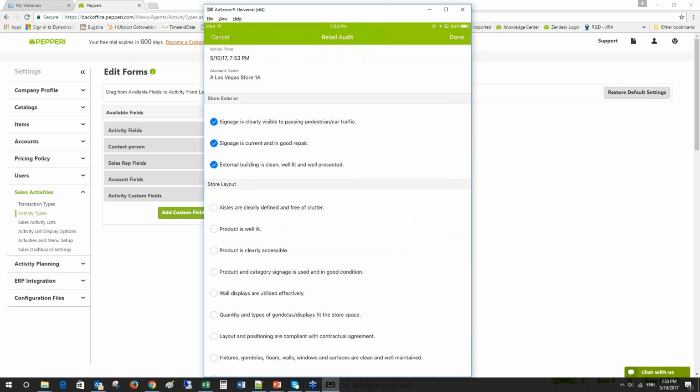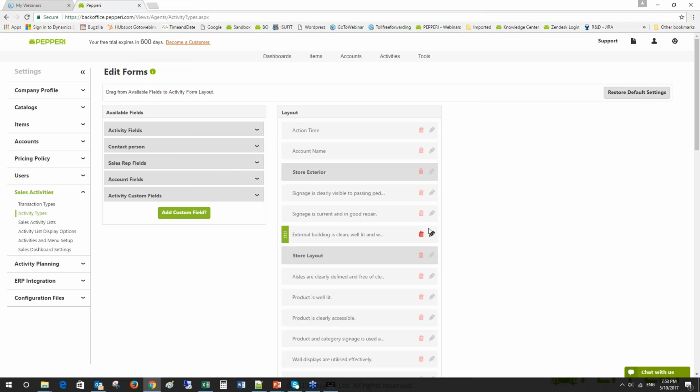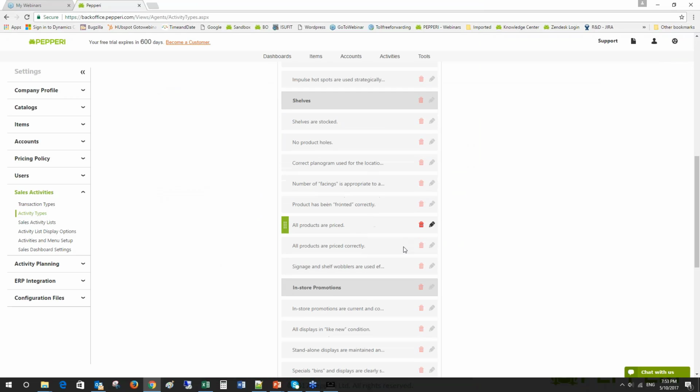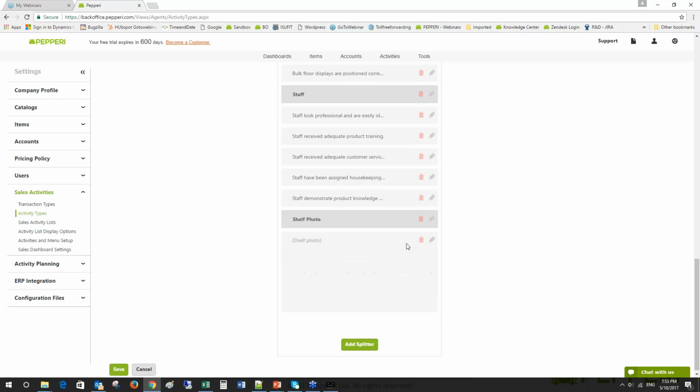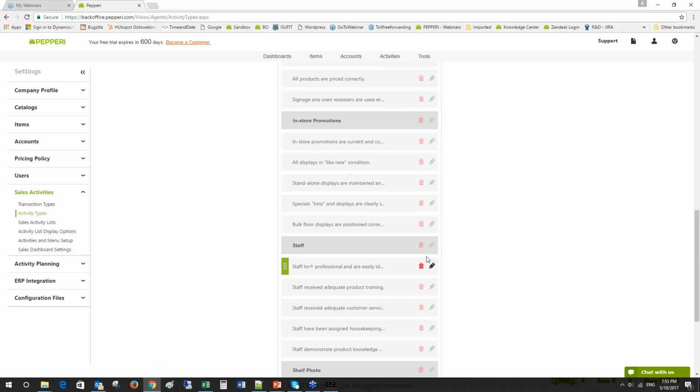So the rep has to come in here and fill in this form. Now, these are the field headings, and the field value is true or false. It's a checkbox, right? Or if it was a text field, it would say, you know, write your comments about this retail location, and then there would be a text box here for the value of the field. So I added a few dozen of these fields to create this audit form that I want my sales reps to